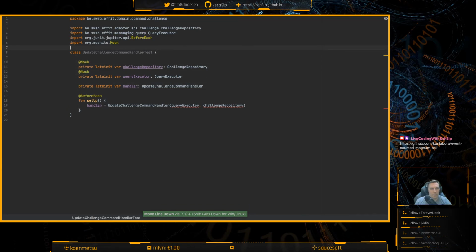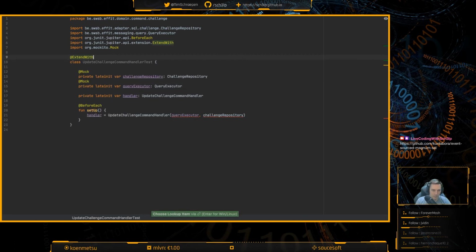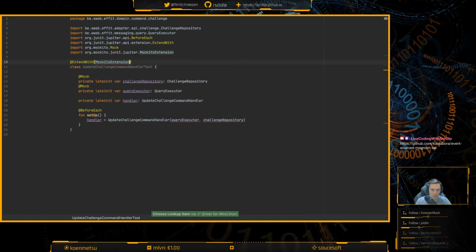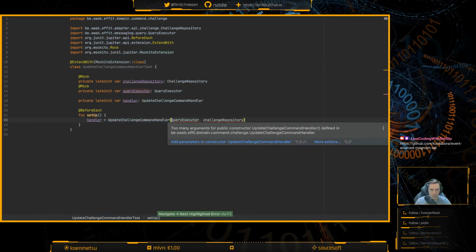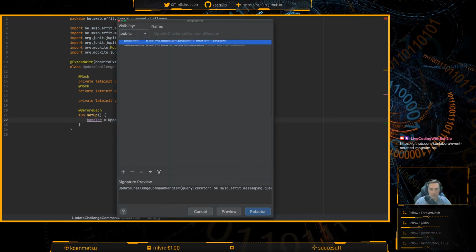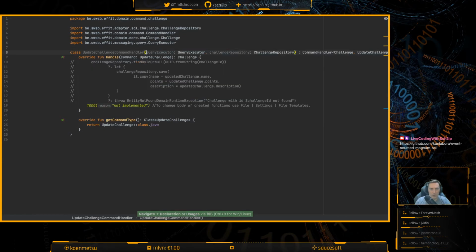All right. Then I'll need extends with Mockito. And then let's add parameters. And then let's make them into files.